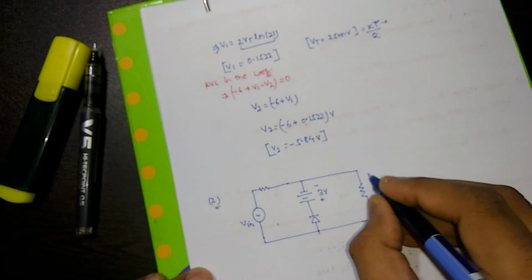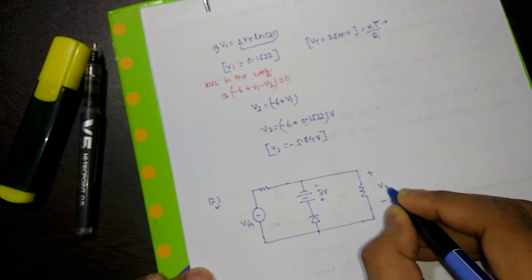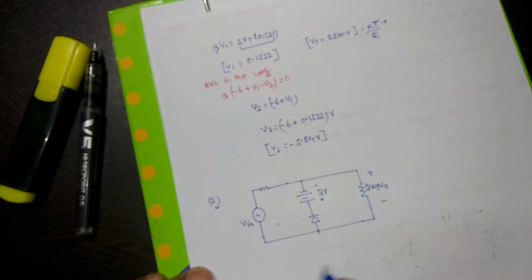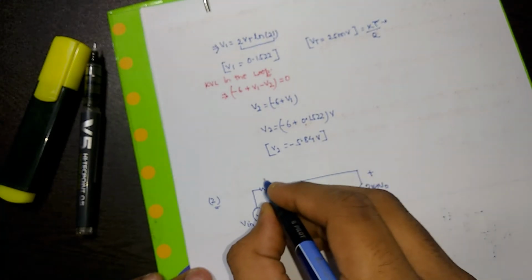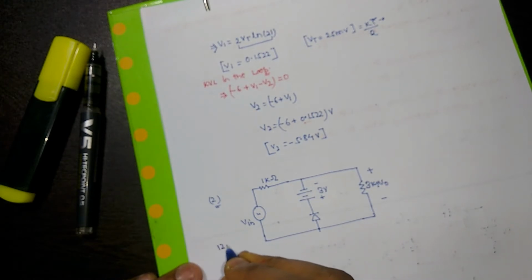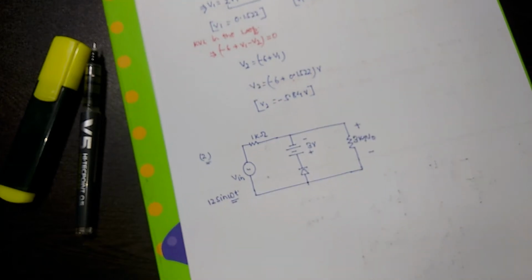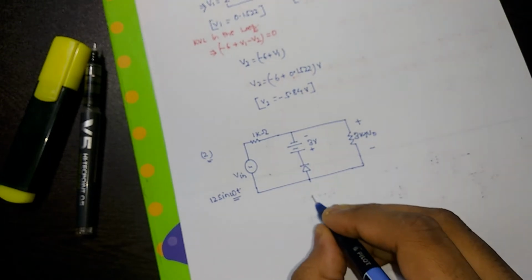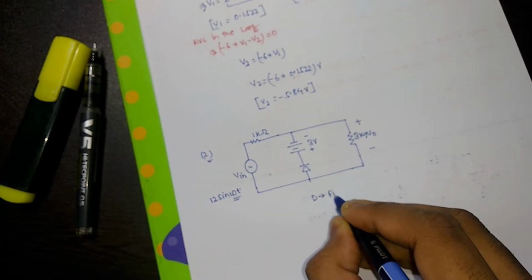Now this is where we are collecting the V output. This is across what? 3 kilo ohm. Okay, now this is a 1 kilo ohm resistor, and V input is what? 12 sine omega t. So you can say that if this diode will conduct, let's say the diode is in forward bias,